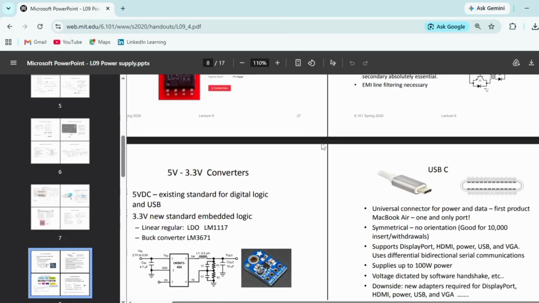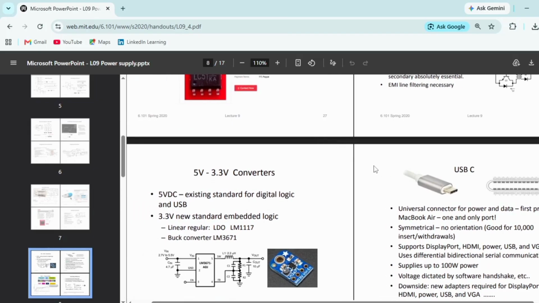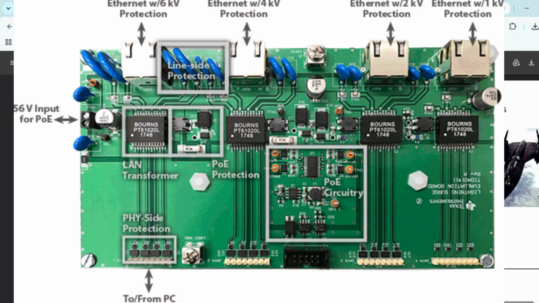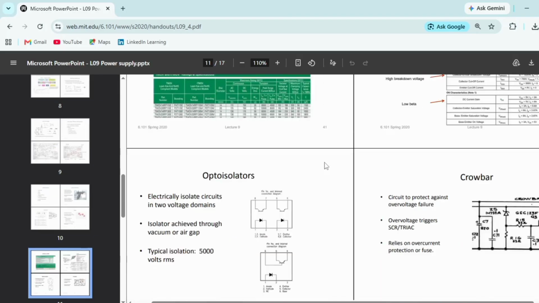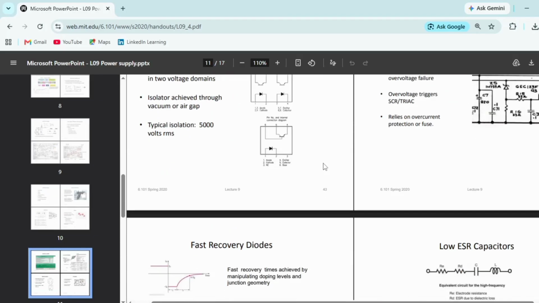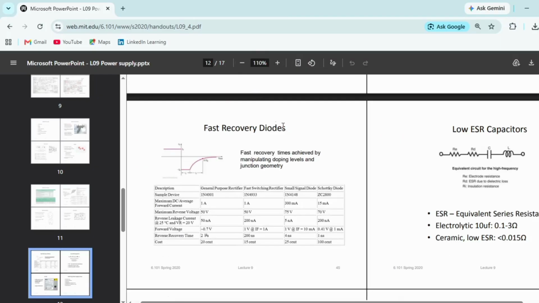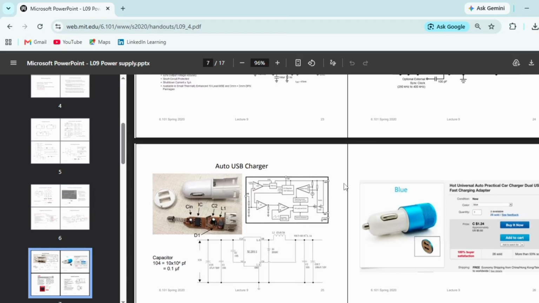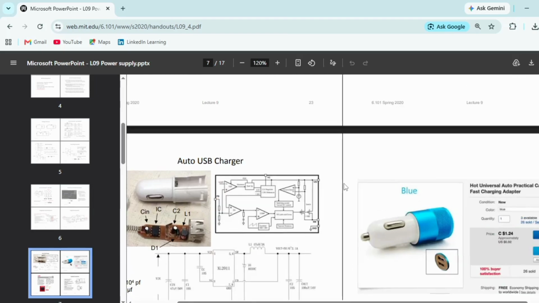Real power designs also need protection and filtering, and MIT's lecture on power supply design shows EMI filters, MOV surge protection, opto isolators, fast diodes, and low ESR capacitors as part of a robust supply design. The MIT lecture also includes a practical regulator example showing how these power conversion ideas appear in real charger circuits